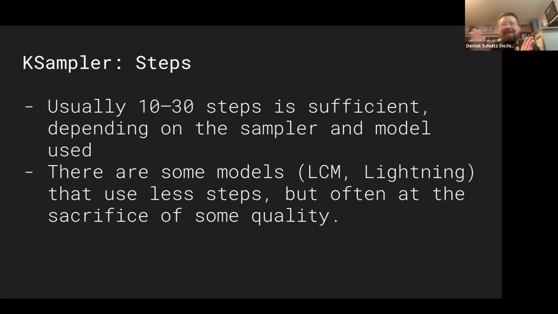We'll talk about samplers in a minute. That's a whole other conversation topic that gets very hairy, but it can be dependent on the sampler as well. Now, there are some new diffusion models that have come out in the past 6 months or so. Some of them are called lightning models, some of them are called LCM models. And the whole goal of those models is to achieve a high quality image in fewer steps. Steps take a certain amount of time, right?